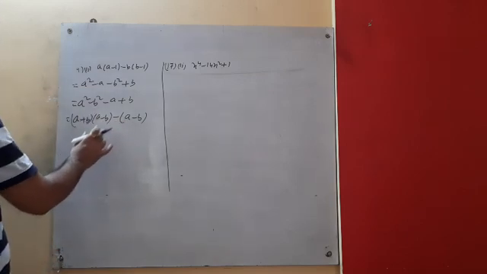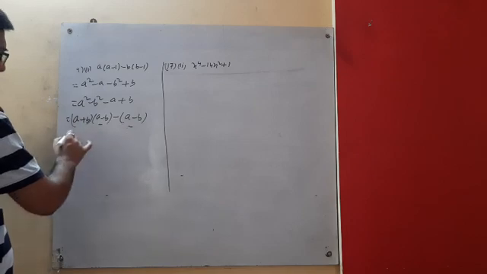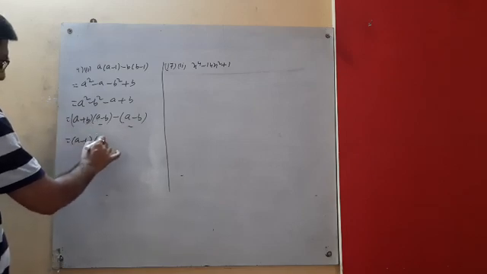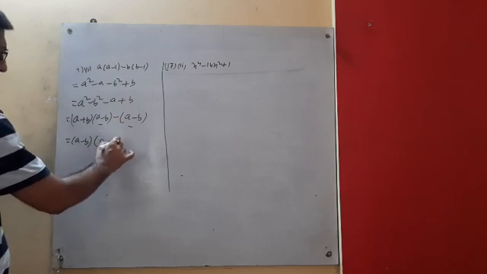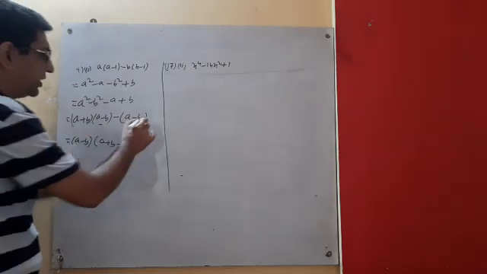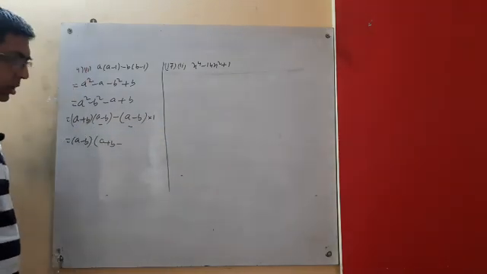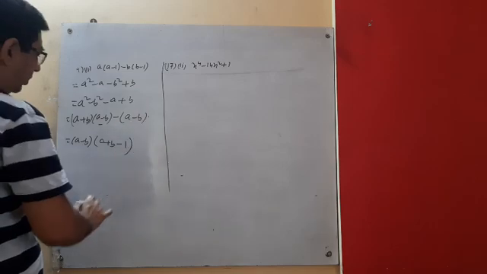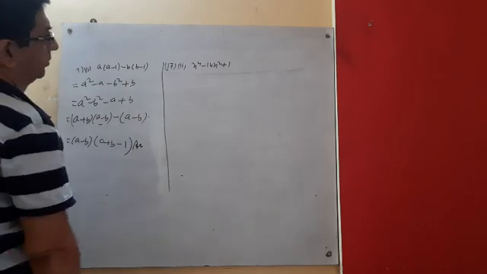So from these two groupings of terms, look, this one is common. So we take common a minus b. So the rest part is a plus b here, right? This is minus sign. If we have already taken a minus b common, so a minus b can be written as this one into 1. So if this part is common, we are left with 1. So this is the answer.